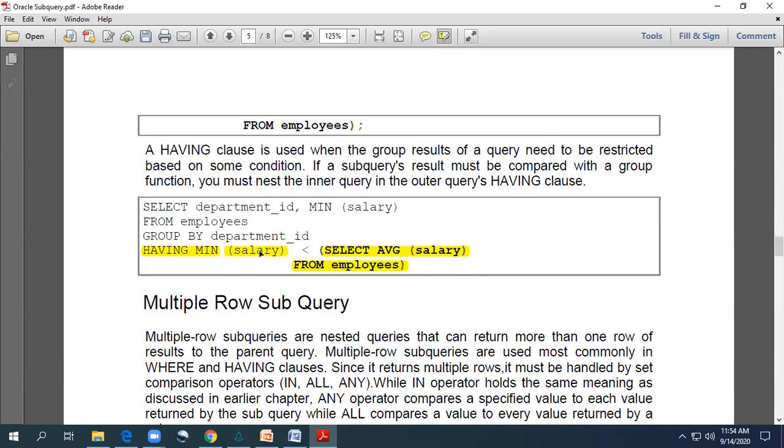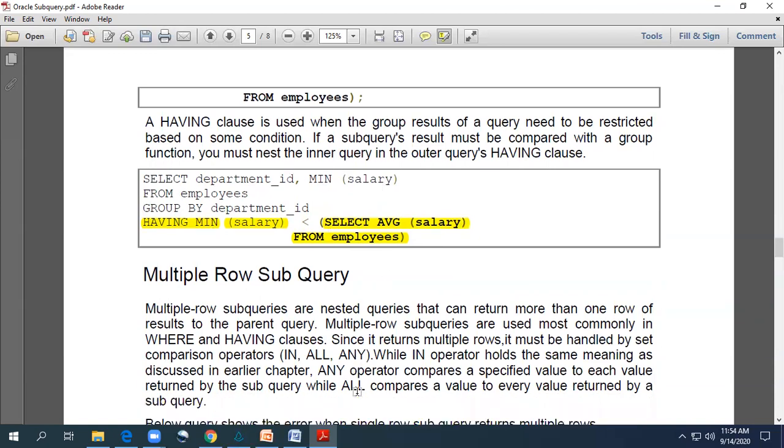So my query will return all the department IDs along with the minimum salary from the employee table, and we are doing grouping on the department field. The records displayed are those whose minimum salary is less than the average salary of all the employees in the department. So the result will be department ID with the minimum salary.